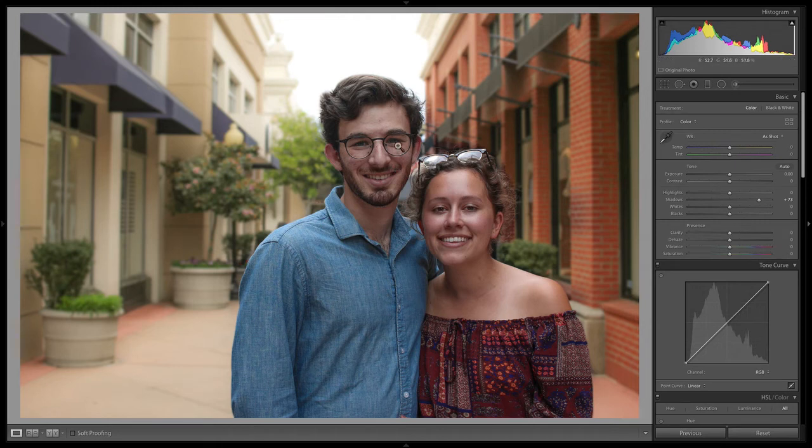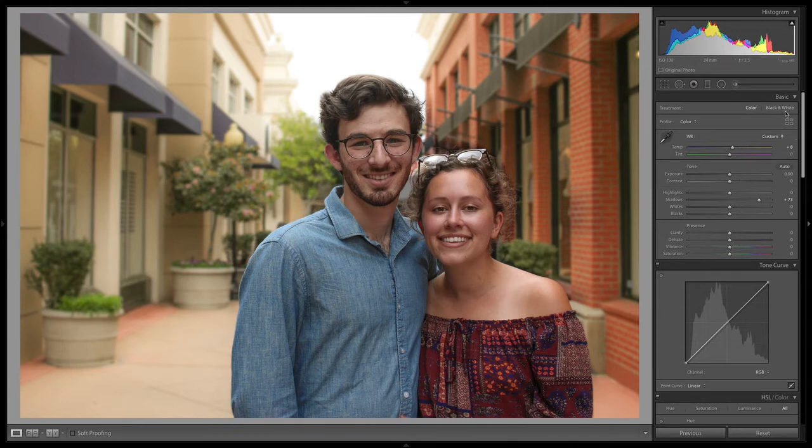Now overall though, one thing I noticed is that their faces and their bodies, it's a little bit weird that the background is so warm and they are a little bit cooler. So what we could do is just boost the overall warmth just a little bit so that they do get a little warmth. It still warms up the background even more, but I find that looks a little bit more natural.